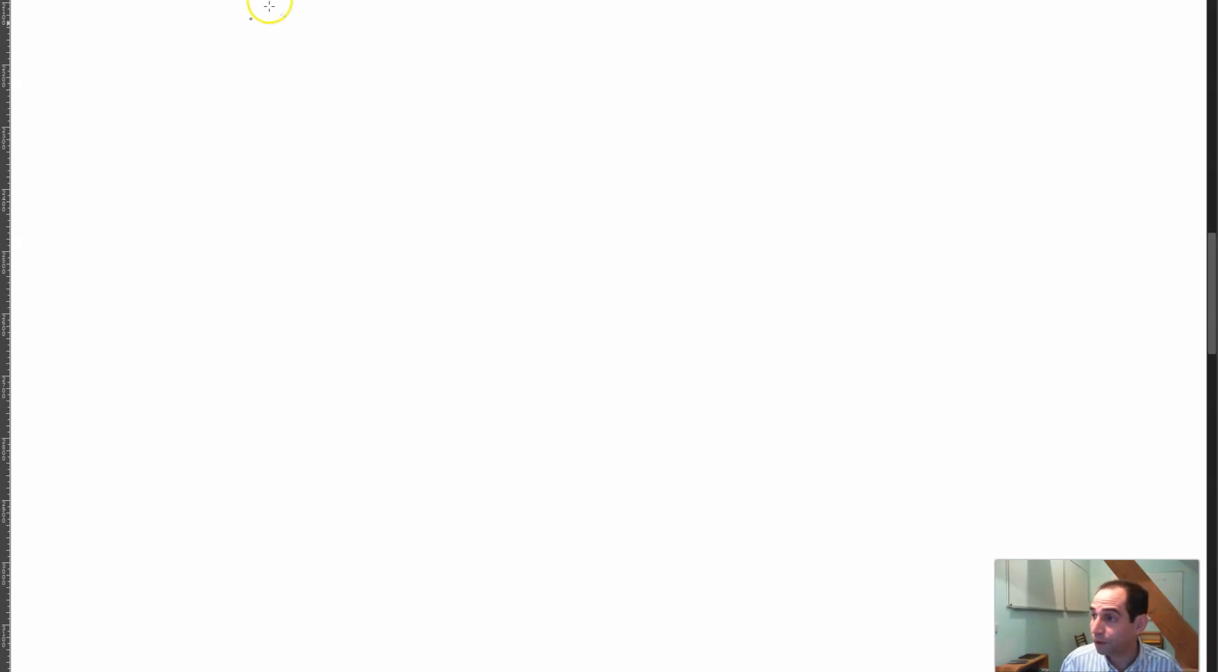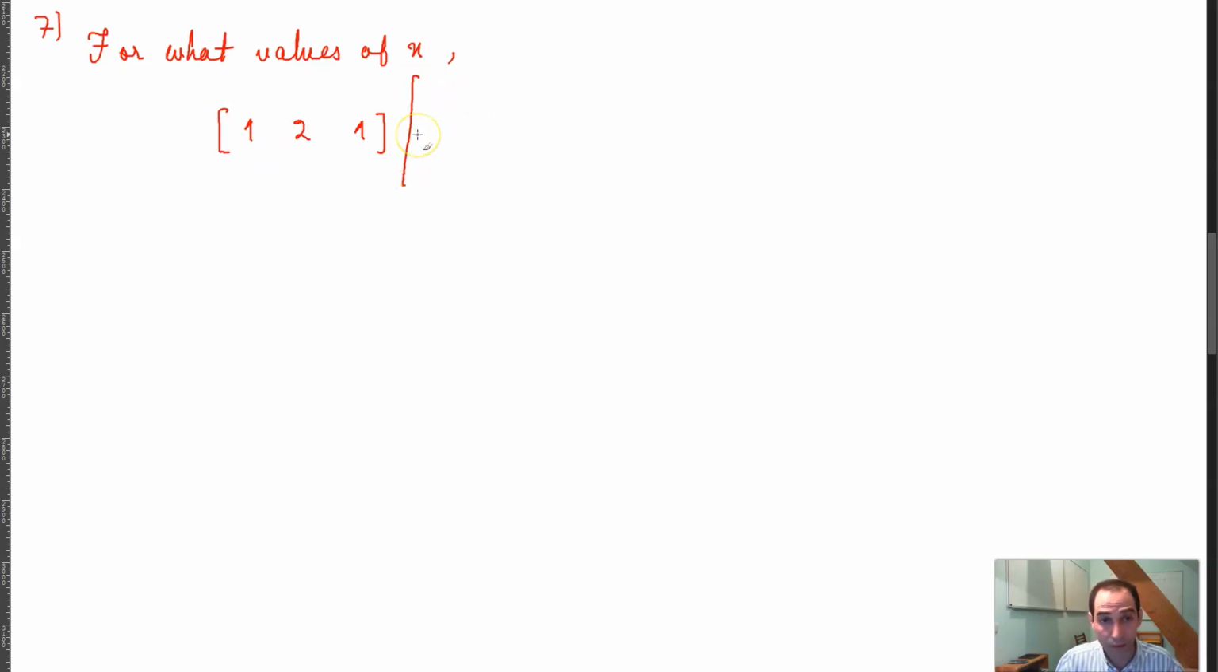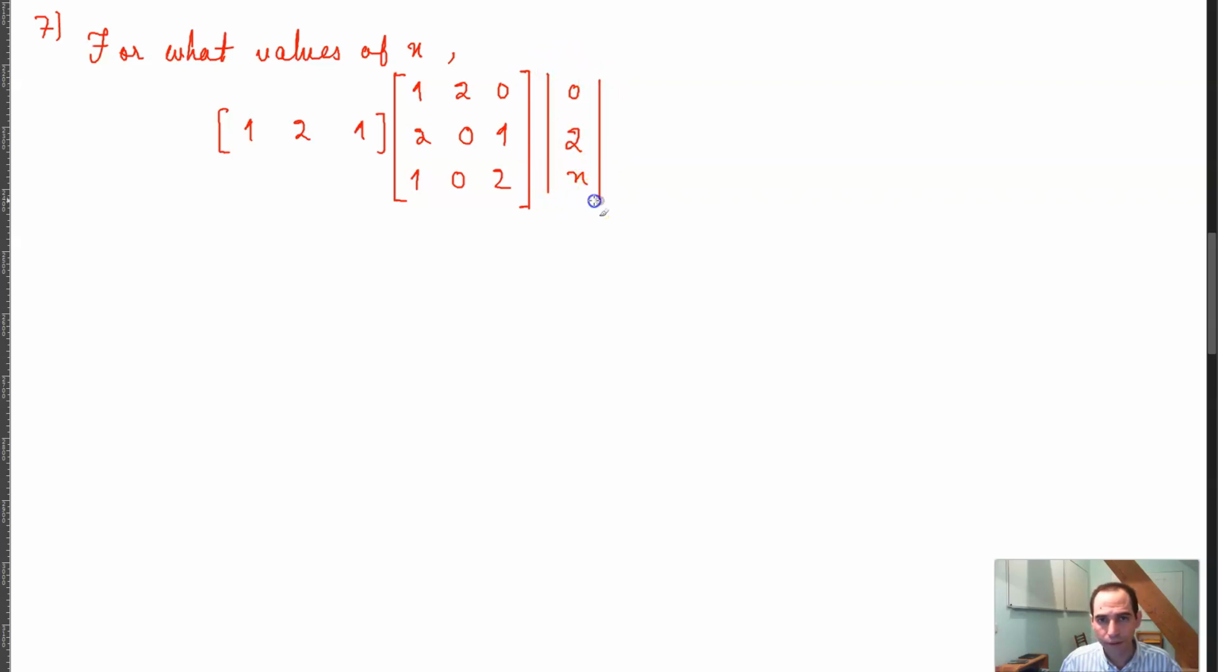So question number 7, we have: for what values of x is 1 2 1 times this matrix, which is basically 1 2 0, 2 0 1, 1 0 2, times another matrix 0 2 x